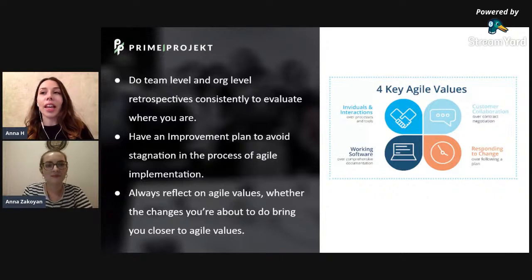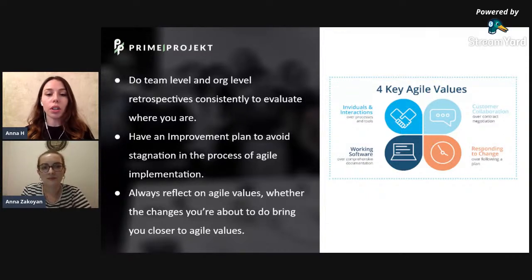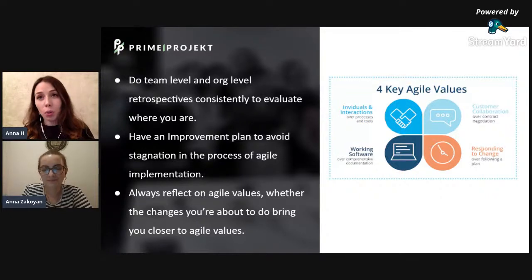First of all, I would say utilize and do not neglect the value of retrospectives to constantly evaluate where you are, whether the initiatives you started are working for you, whether your team is growing and developing, or you are just constantly repeating the same old mistakes. And one of the most effective retrospectives that you can do is an organization level or company level retrospective,